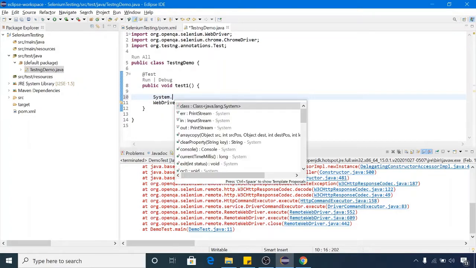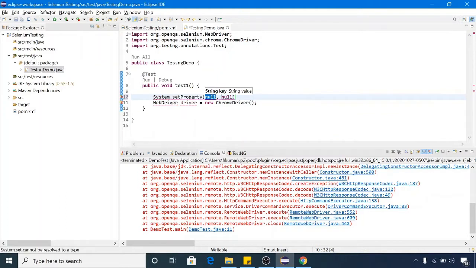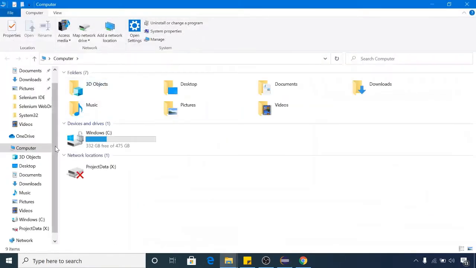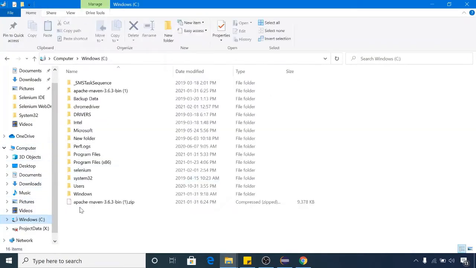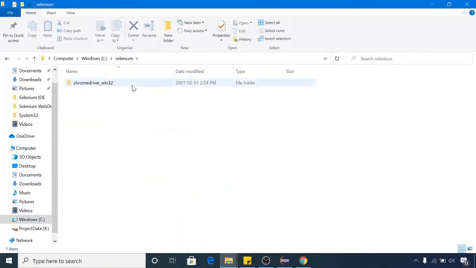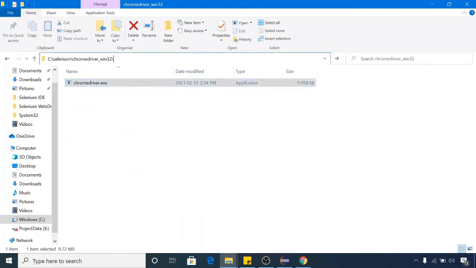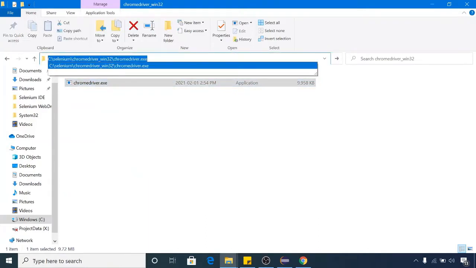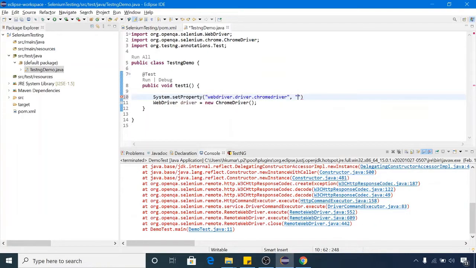System.setProperty, webdriver.chrome.driver, and here we have to pass the path of chromedriver.exe, which is in the C drive, Selenium, and Chrome driver. This is the path of the chromedriver.exe file. Copy this path and paste here. Now we create a driver for WebDriver, ChromeDriver.